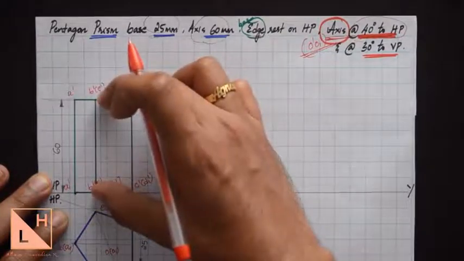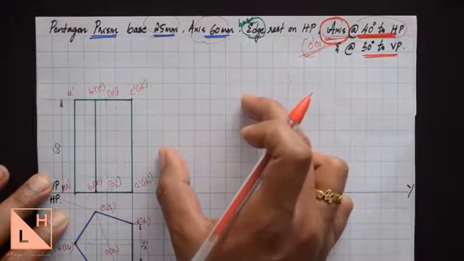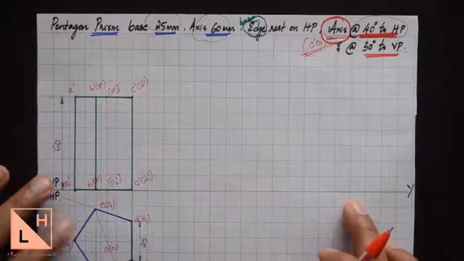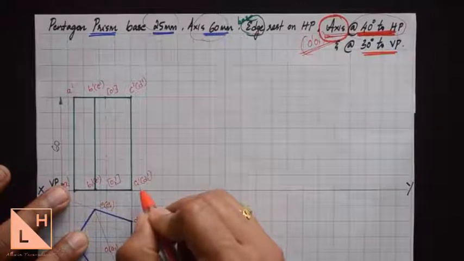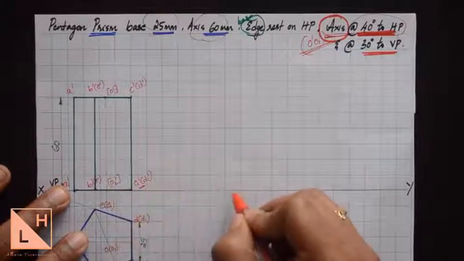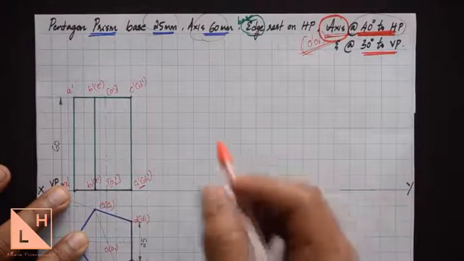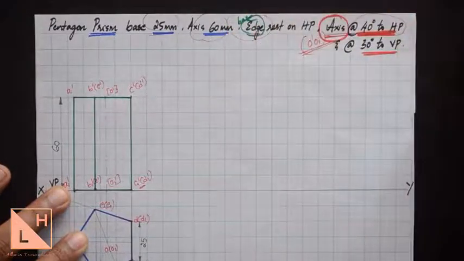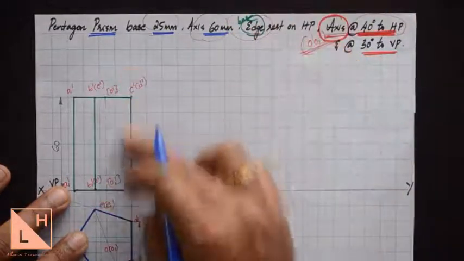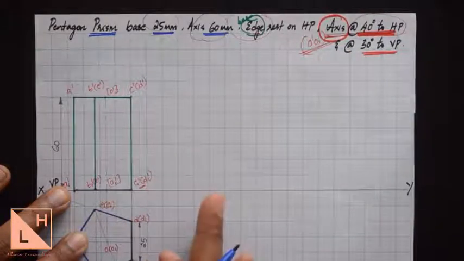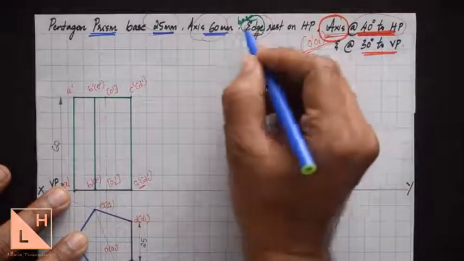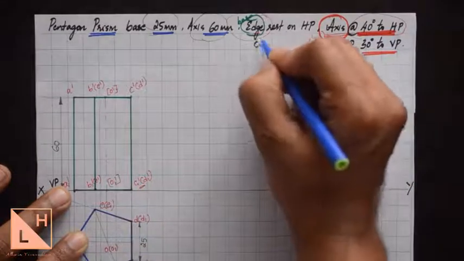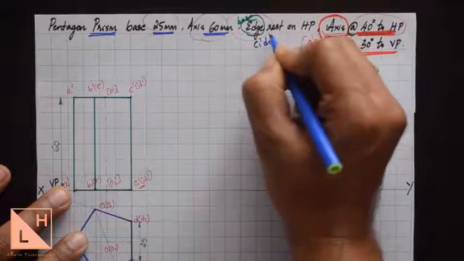In the next position, you just need to tilt this axis at an angle of 40 degrees with respect to the axis line. And while doing so, you must not make this point C1 D1 go above the XY line, because the condition also says it is resting on one of its base edges. So here the base edge that we have selected according to our drawing is the one that is on the right, and we need to select the base edge. Base edge will be named with 1, which is nothing but C1 dash D1 dash.